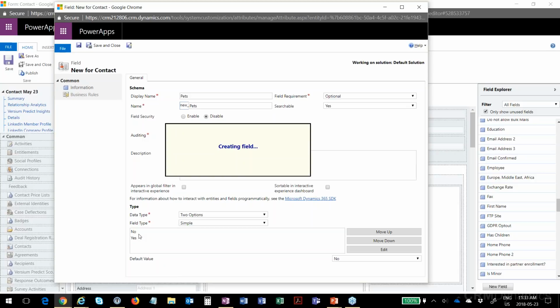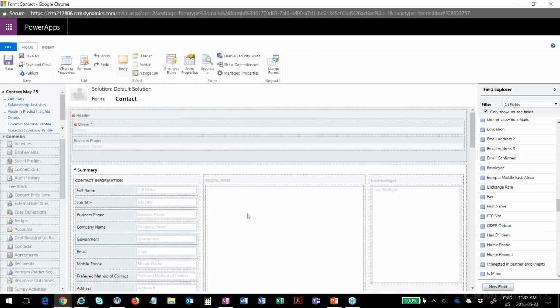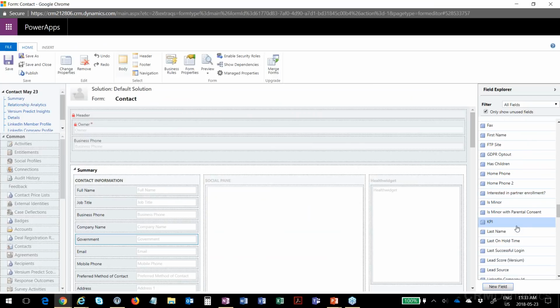So that's a data type of 2 options. I can change this from yes or no if I want this to say on or off or something. But basically a 2 options field is just that. It only has 2 options. So now if I go down here,